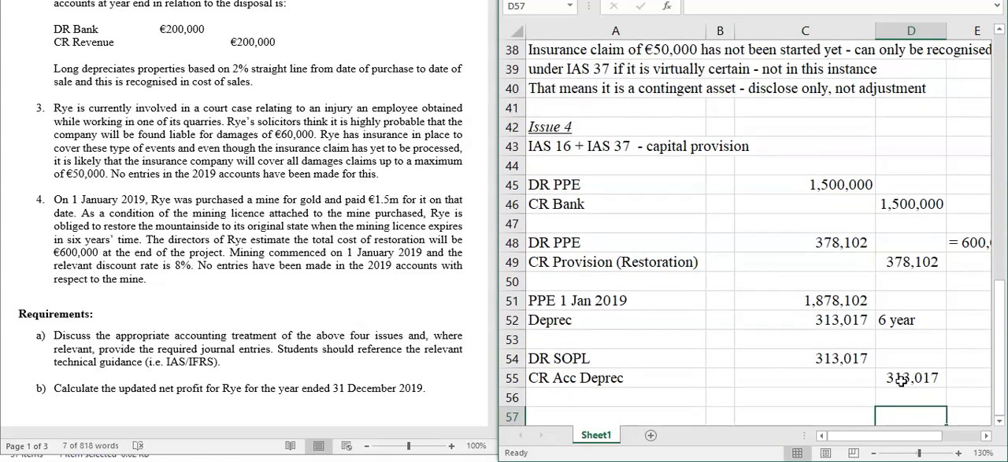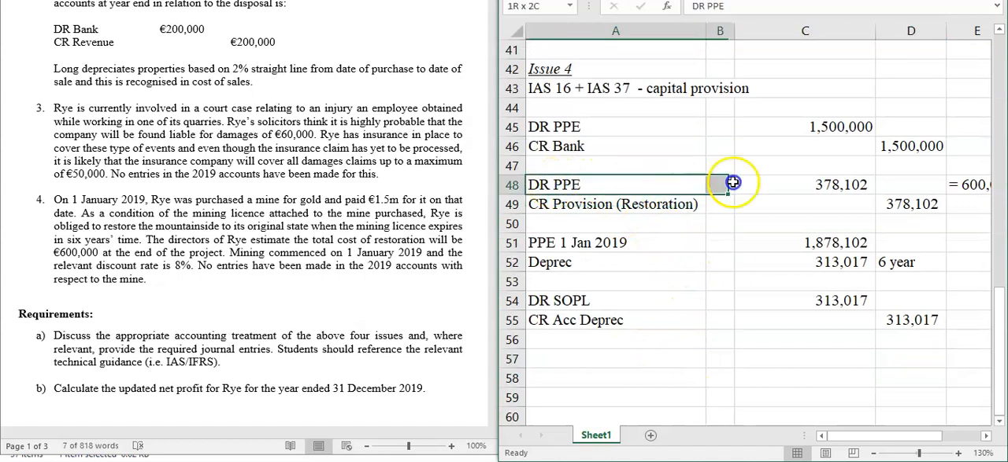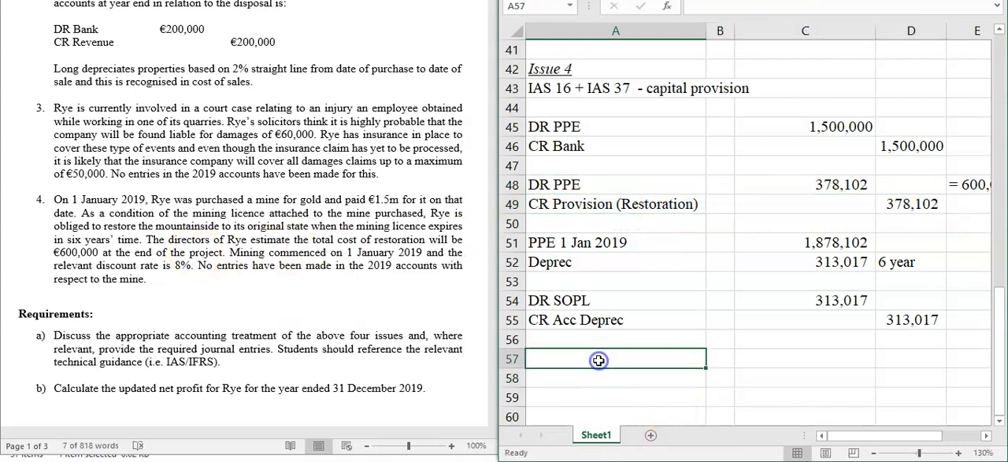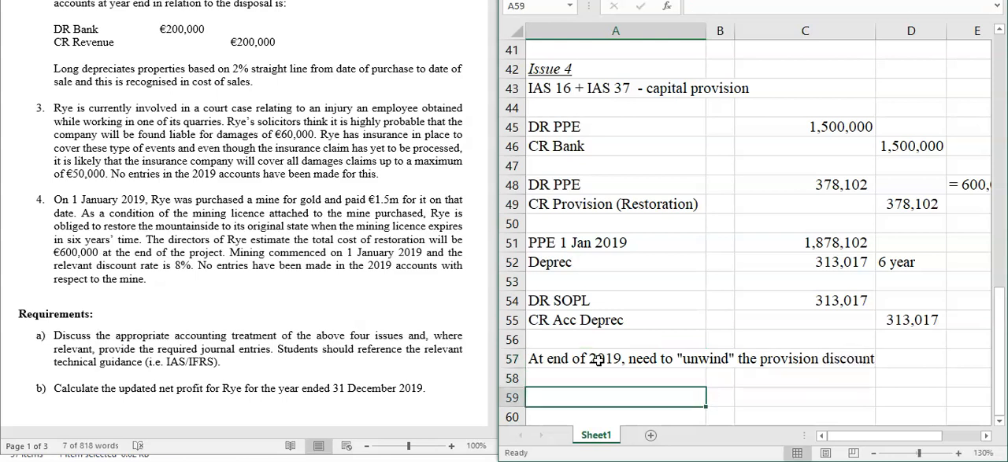You had to recognize the original mine cost, recognize the present value of the restoration cost, and then don't forget to depreciate. And the tricky one, and this is the one that catches students out at the end, this restoration will increase each year. The provision will, because it gets closer to the payment date. So at end of 2019, we need to what we call unwind the provision discount. What we mean by that is it's now no longer 6 years away. It's now going to be